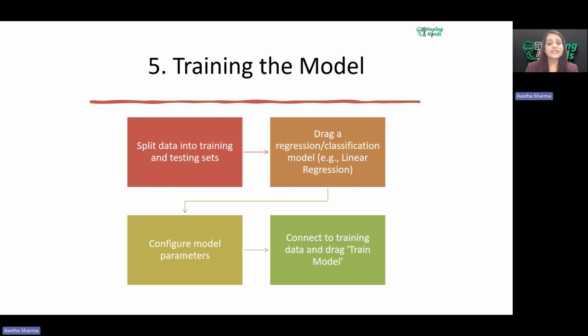Then you are going to set the label target, that is what you wanted to train on. You are going to train the model on income, or you wanted to train the model on the car prices, because that is the entire output which you are going to get. So that is one thing which you will be targeting. So this was our training segment.